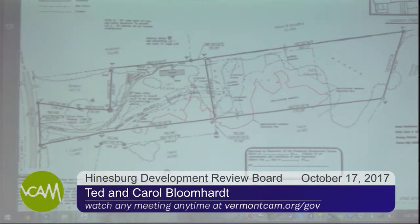The lot sizes are the same. The lot boundary is almost exactly the same. It moved a little bit to the west. We're sharing the first 290 feet of driveway, and my proposal is to increase the driveway width to 14 feet for that shared portion. So Ted, I'm interested in your